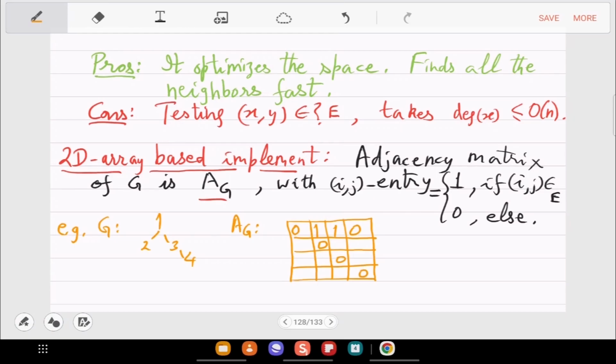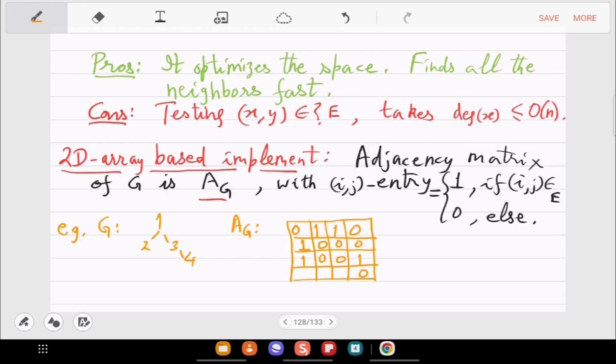The second row: there is no 2, 3 or 2, 4, but there is a 2, 1, so the first entry in the second row is 1. And in 3 you have 3, 1 and 3, 4.